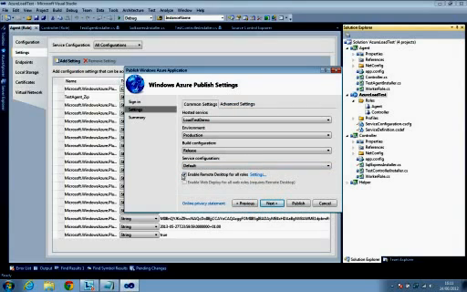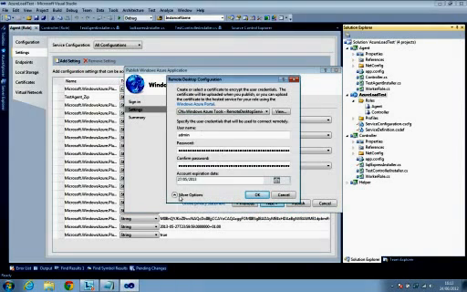Now it's a good idea to set up the remote desktop, enable the remote desktop, because if anything fails during the deployment, you always have an option to log on to the server directly and investigate what went wrong, or try out a couple of manual steps if need be, and then try and get those steps back and put them in your Azure deployment solution. Let's look at the settings. This basically needs